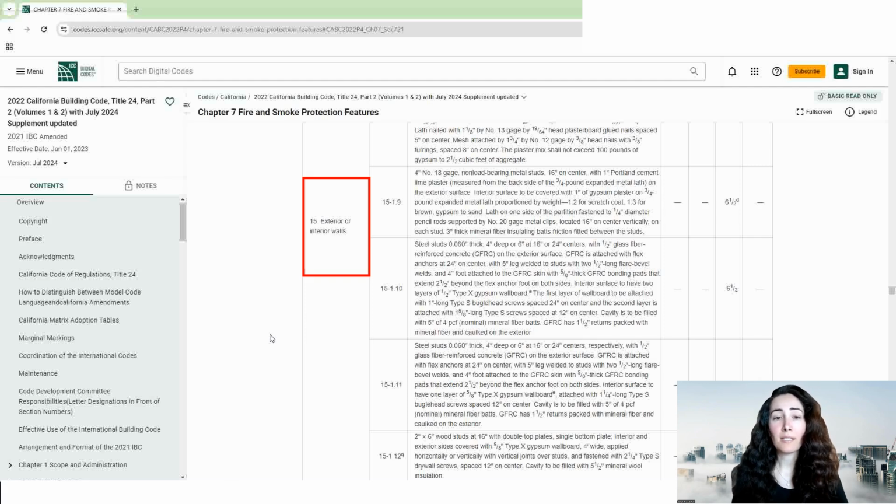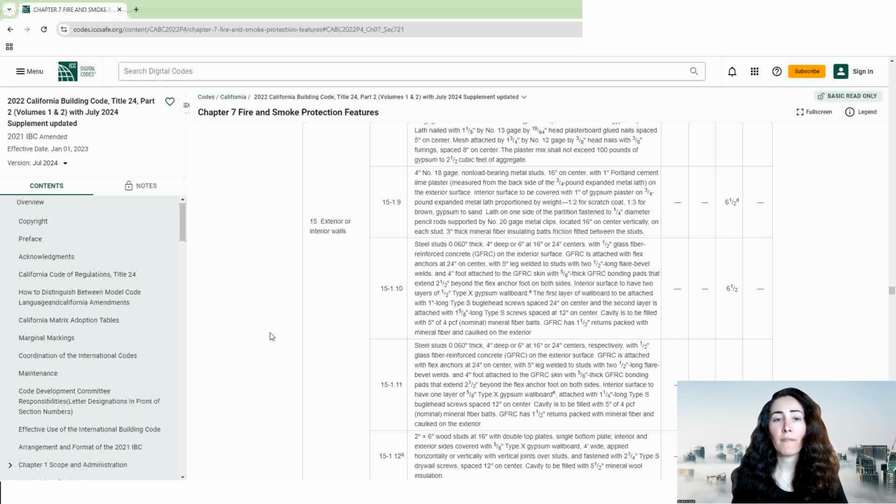The assemblies listed are by no means an exhaustive list in any of these tables. The designer will often refer to other testing agencies that are acceptable to the code, such as Underwriters Laboratory or Factory Mutual, to find assemblies that meet the needs of the project. The designer must use these assemblies with care and identify only those that are used in a project. Modifications to these assembly designs should be done with caution, as they may negate their approval and necessitate fire testing